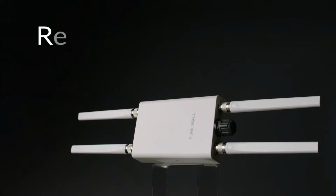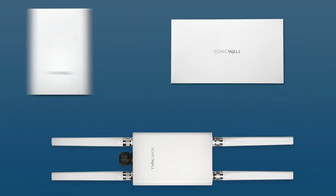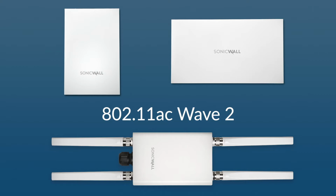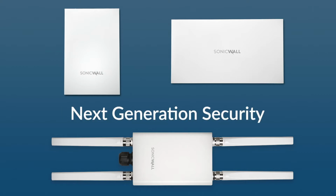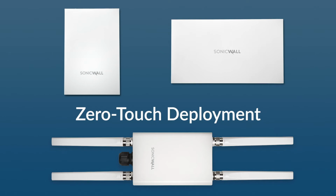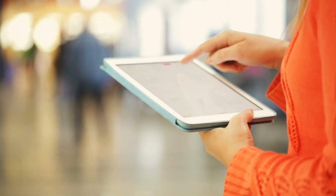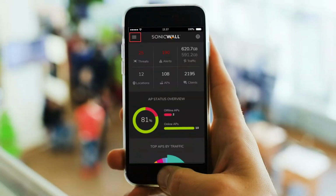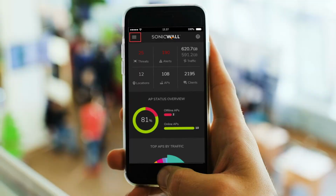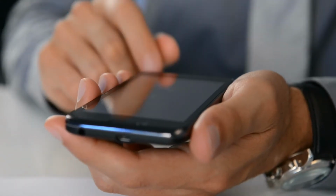Simplicity, reliability, security. SonicWall wireless solutions combine fast 802.11ac Wave 2 access points with next-generation security, easy zero-touch deployment, and cloud-based management, so you can enable fast, reliable wireless access without sacrificing wireless security. And the Sonic Wi-Fi mobile app helps you monitor your network, easily onboard wireless access points, and set up wireless